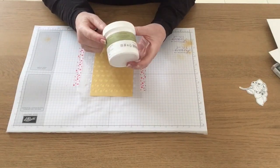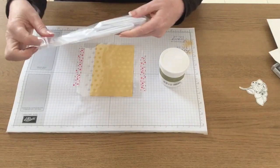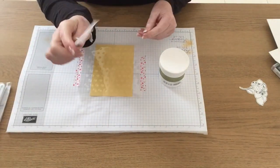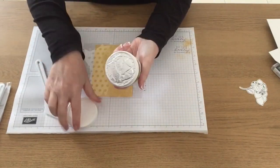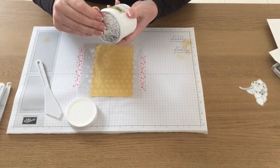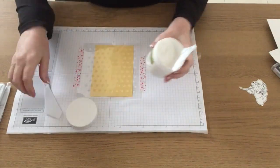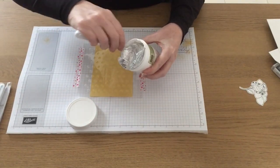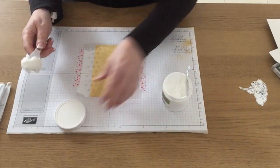So now I'm going to bring in the embossing paste and my set of palette knives. And I'm going to try this one. Now I've never used this paste before, it's absolutely brand new, the seal's not been opened. So I'm just going to give it a bit of a stir and grab some, and then I'm going to